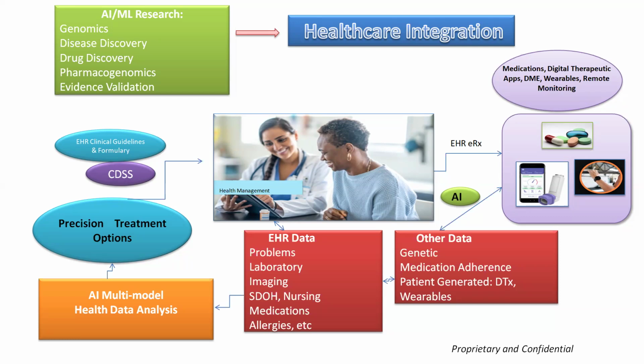So this is where the platform that we're talking about building is putting in all of these components so that, number one, we review the evidence and provide a formulary of effective digital therapeutics, and then have the ability now to make sure that when the physician prescribes that digital therapeutic, just like they do with medications, we can monitor the data coming back from the patient